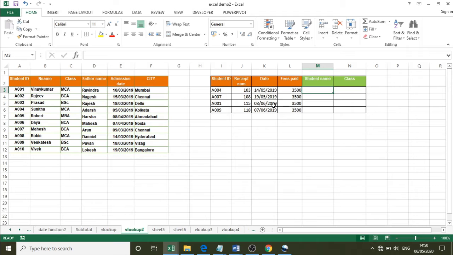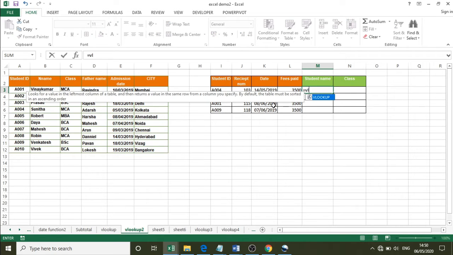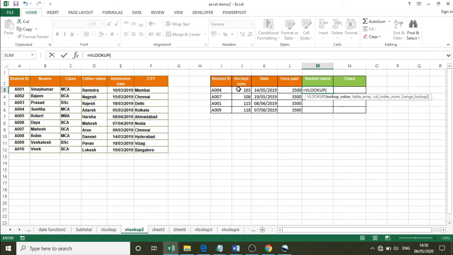So let us see how we can make use of VLOOKUP and fetch the information from first table. So I am using the VLOOKUP here, VLOOKUP. So what is the value or lookup value that we are going to search? That is present in I3, comma. So this is our table, lookup table array. Okay. So here one small change you have to observe. I am using absolute reference, because when I use fill series, the table should be fixed. So I am using absolute reference,